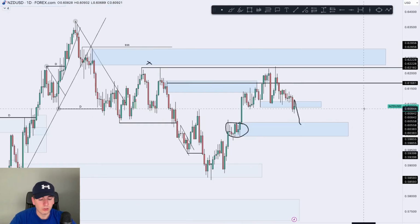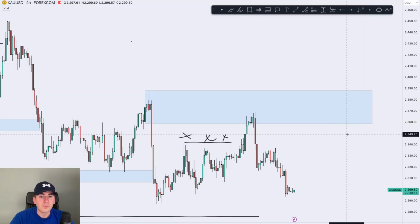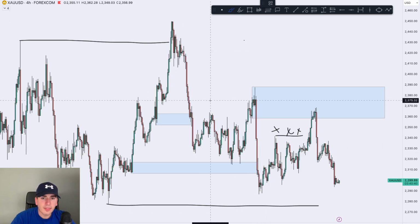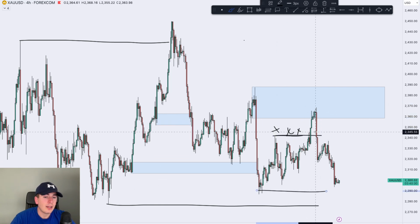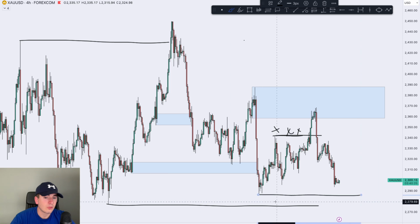So looking for shorts. Going into gold, gold was an absolute beauty. If we look at the overall trend, you guys remember that the 4-hour was bearish towards the downside with a lower low, lower high. So we were expecting a new lower high as well over here. We grabbed the liquidity above this range, and now we're very, very likely to target at least this low of, what is it,